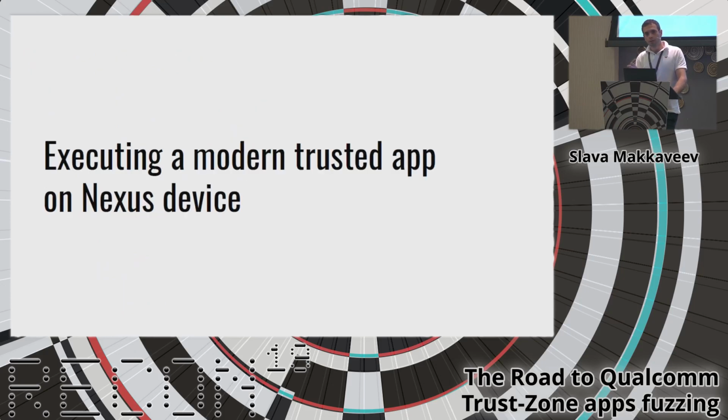We built a working fuzzing platform on the Nexus 6 device. But what if we want to fuzz a trustlet extracted from another device, for example, from the latest Samsung S10? In this case, we need to adapt external trustlets for fuzzing on the Nexus device. And I will only touch briefly on what I did to adapt them.